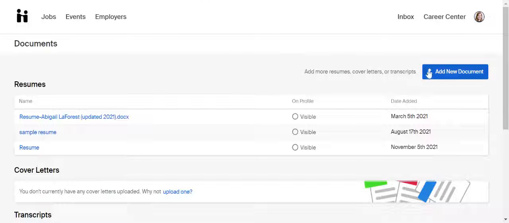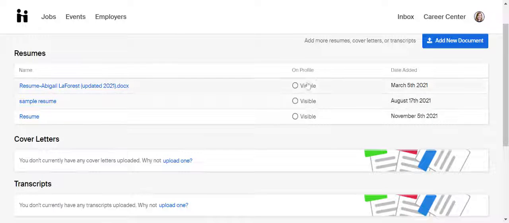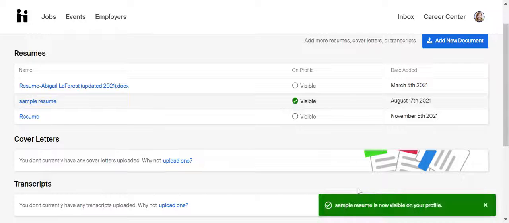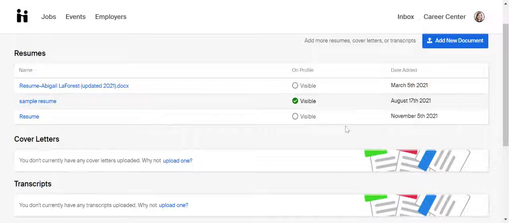Here, when you add and upload a new document, you're able to choose whether or not it's visible on your profile. It's as easy as just clicking on this visible button, and the sample resume is now visible on my profile. That means any employer, anyone who has access to my Handshake account will be able to